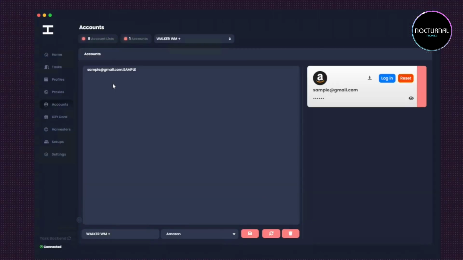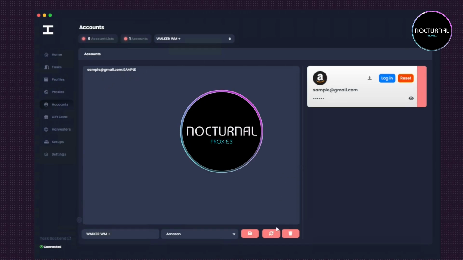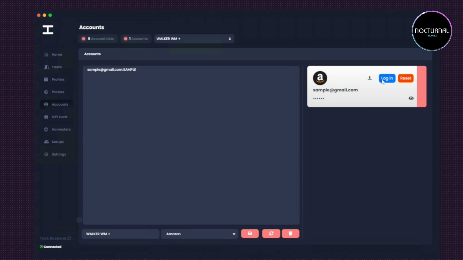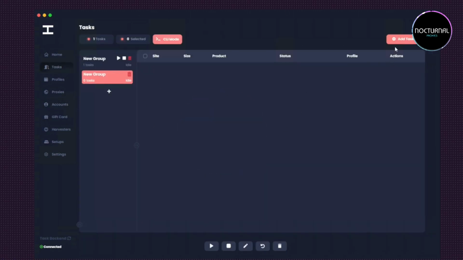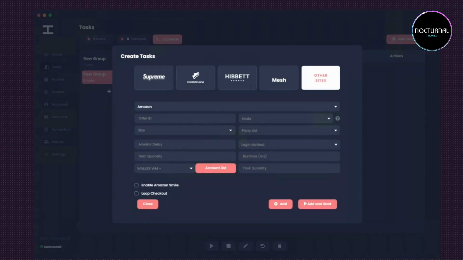Now, I know going over Walmart, I mentioned how to enter accounts properly, but it's email:password, and once you do this and hit save, you of course want to log in. Moving on to the task section, it's going to be similar to Walmart, where we hit a new grouping, and of course, add task. Once we're in the Amazon section, which is under other sites, you'll want to go ahead